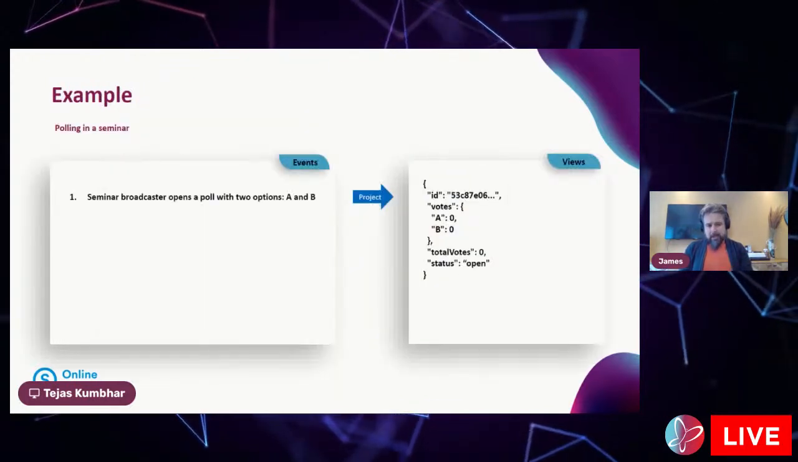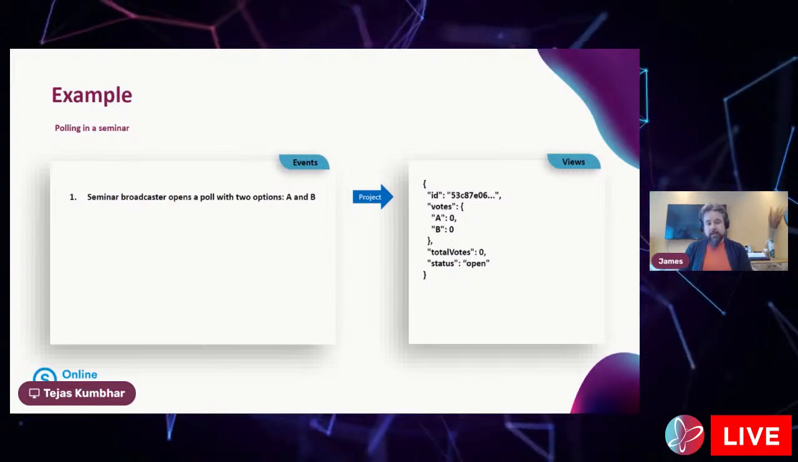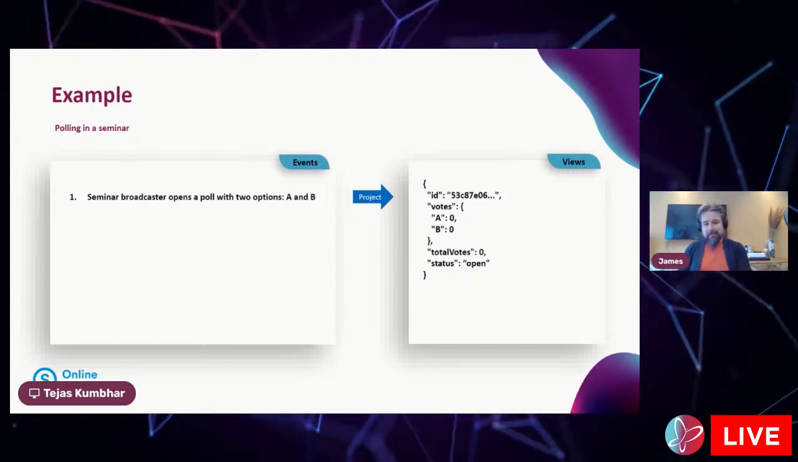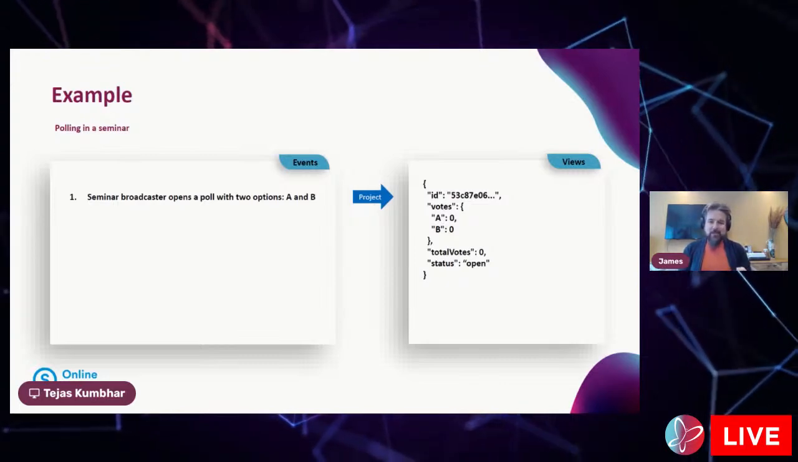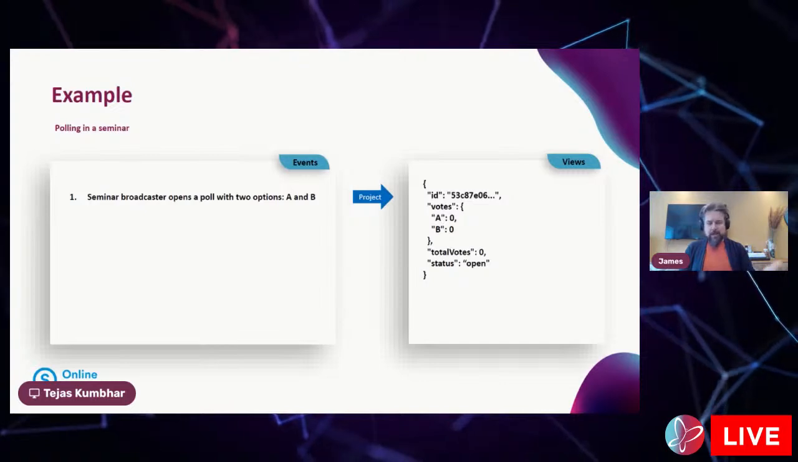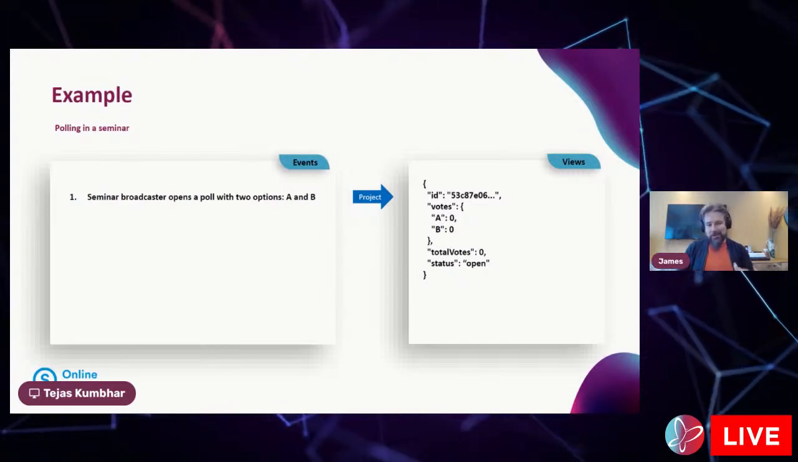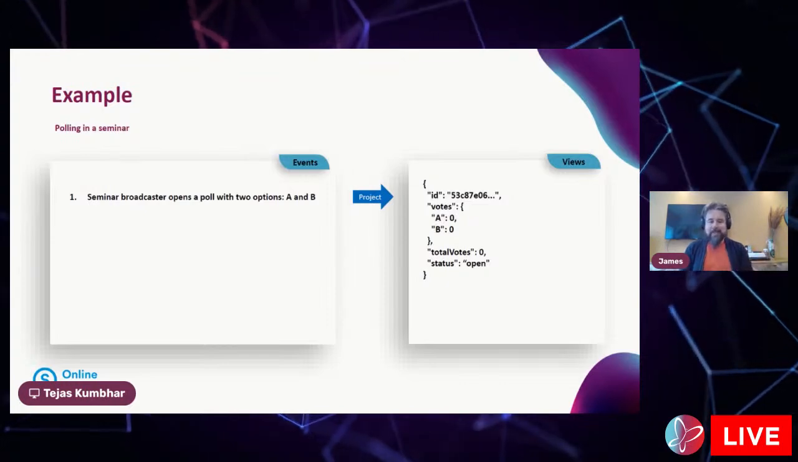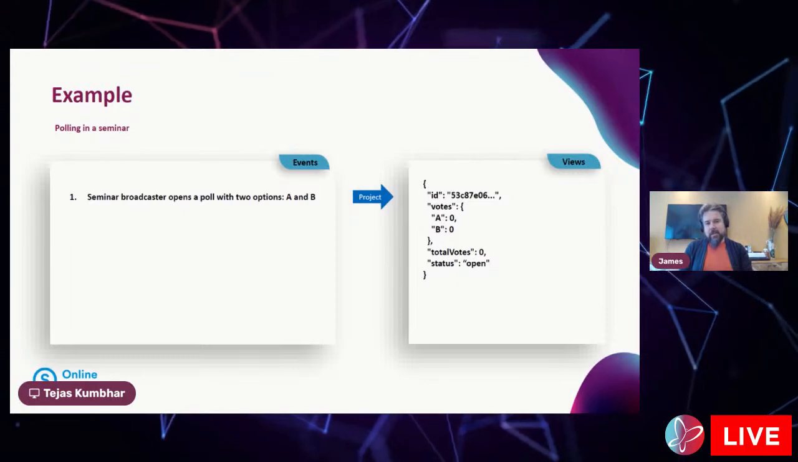So this is an actual example that we covered last sprint. This idea of polling in the seminar where you ask for feedback, like engage with the audience. Do you like option A more than option B? Yeah. And as we go through the slides here,